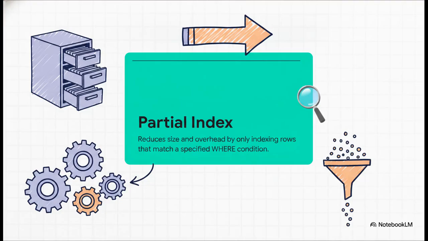Okay, let's pivot for a second. We've talked about the structural types of indexes, but let's talk about strategic indexing, because this is where you go from being a good developer to optimizing your database like an absolute pro. Let me introduce you to the partial index. A partial index drastically reduces its storage footprint and its maintenance overhead by only including rows that match a specific where condition. You are literally telling the database to index only the exact subset of rows you actually care about